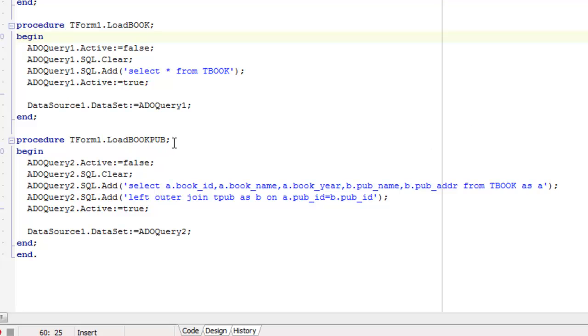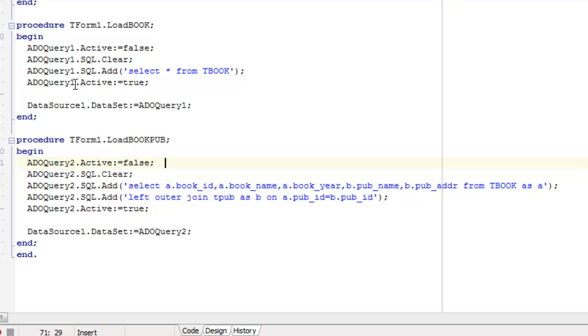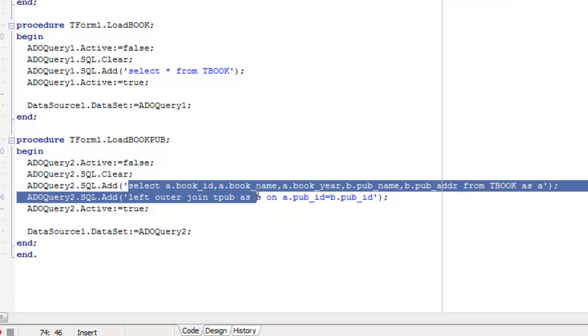The second procedure, loadbookpub, isn't different from the first. We deactivate the ADOQuery, and this time we use ADOQuery2, not ADOQuery1, then we clear the SQL statement before adding our SQL statement.